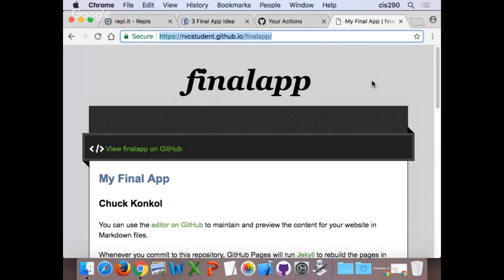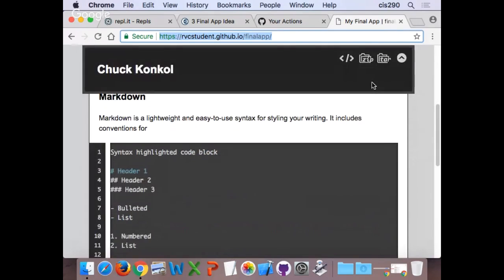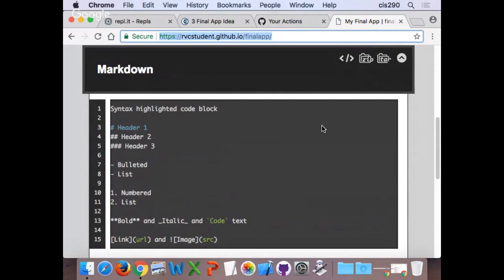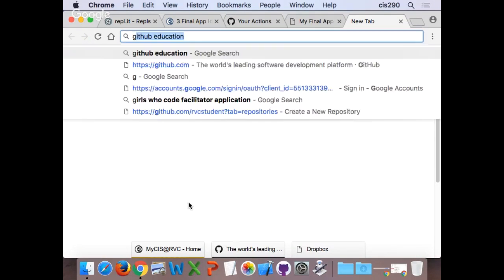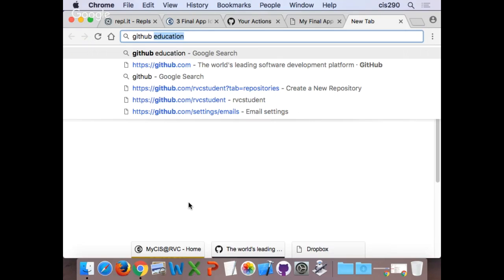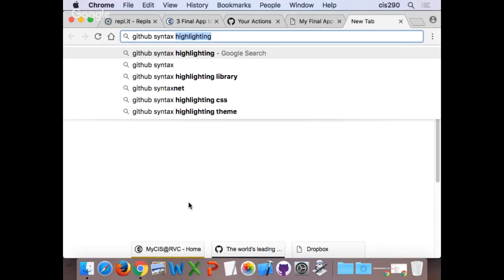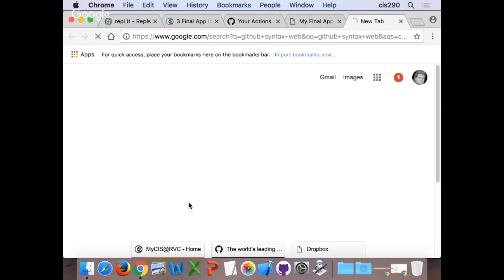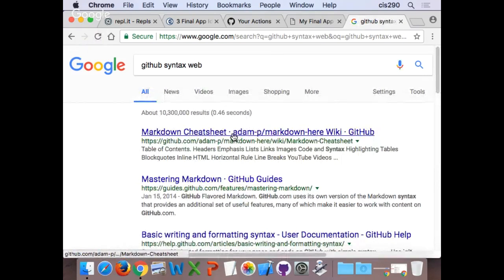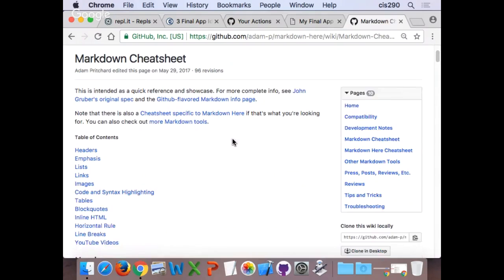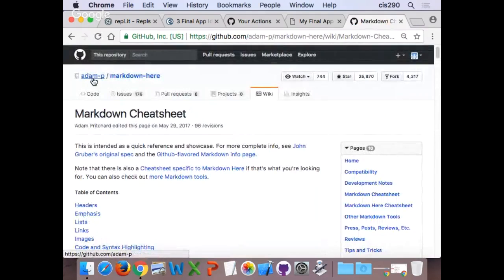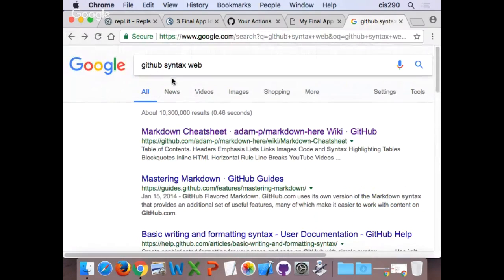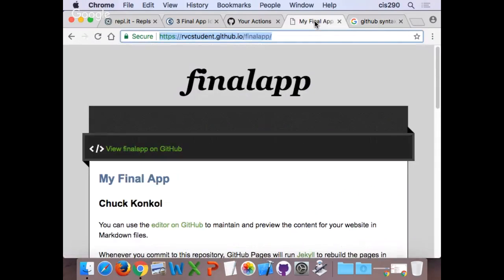So, like on mine here, you can use the markdown syntax. And by the way, if you deleted all yours on accident, it's no big deal. Easy way to find the GitHub syntax is, again, Google's your friend. You can just type in Google, Jekyll, or syntax for web. They'll give a markdown. This first one here is pretty good. It's a markdown cheat sheet of all the different things you'd ever want to do in GitHub. This guy created one, Adam did. And so GitHub syntax web will give you all the syntax you ever wanted to know.